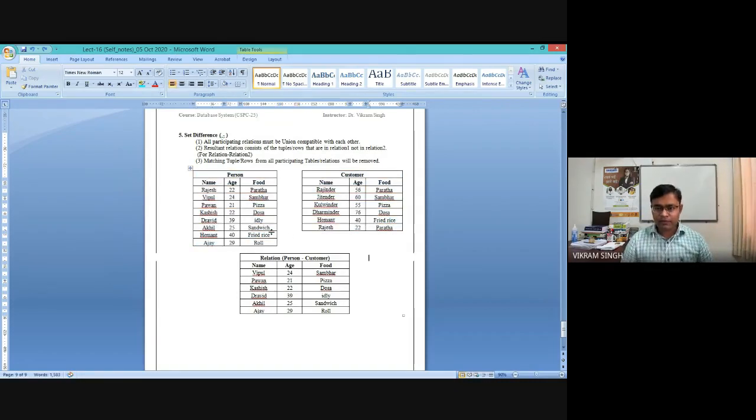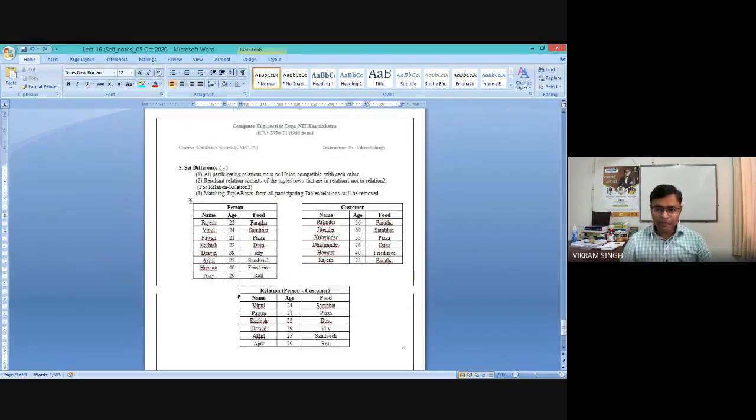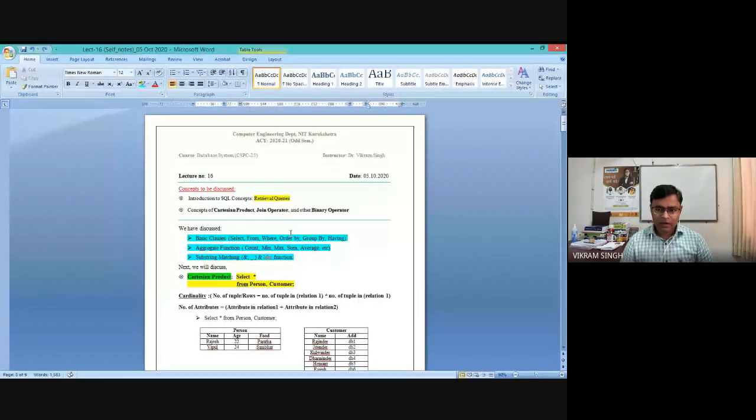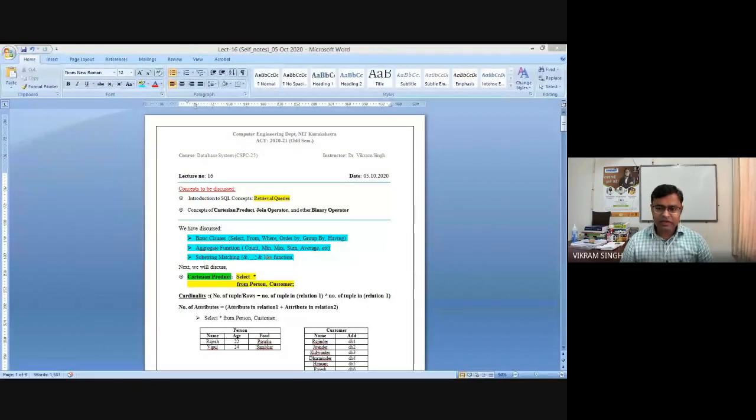So this is about binary operators. So that's it for today's lecture. If you have any doubt about these concepts, you can directly mention it, right? Because these things are very important, and if you do not use these operators carefully, your results will naturally have a lot of things like null values, redundant or repeated values, right?